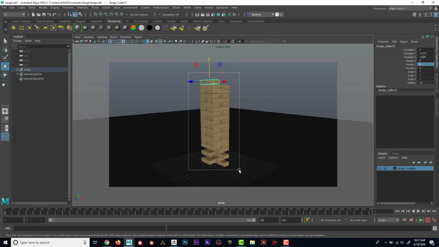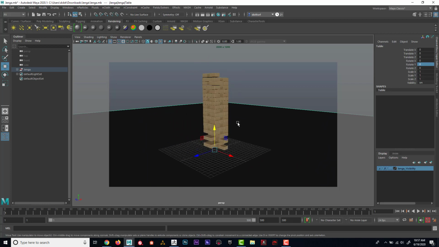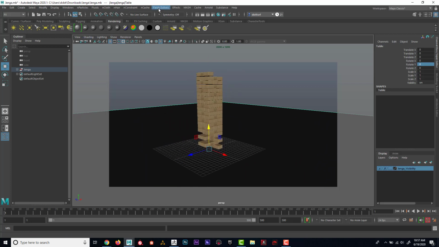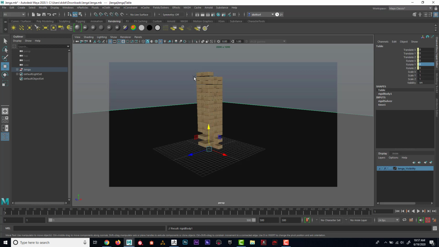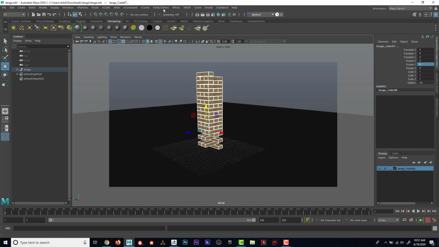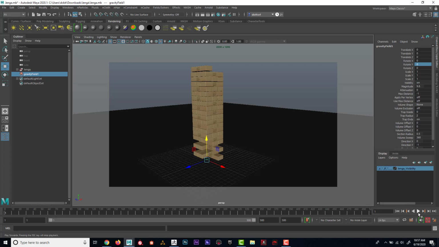So if I select all of this stuff, well, first of all, I need to make the ground a passive rigid body. So if I select the ground, I'm going to go here to passive, passive rigid body. And now if I select all of these, deselect the ground, and go to gravity, they're all going to be connected to the same gravity. And if I hit play,